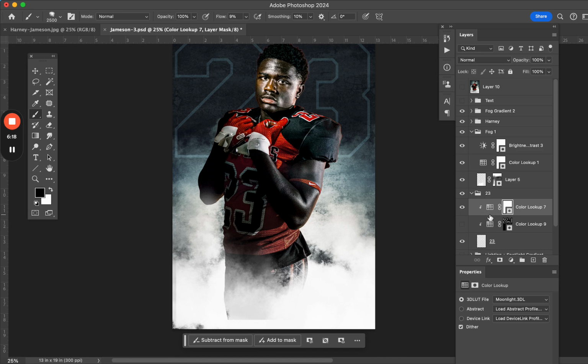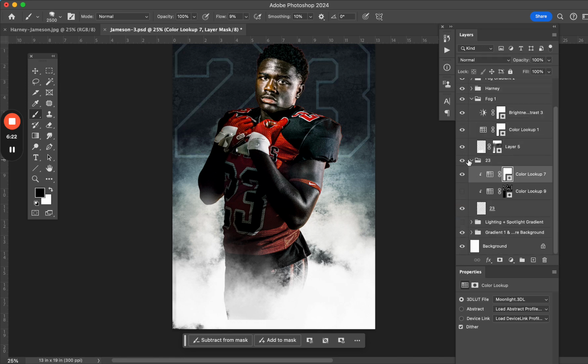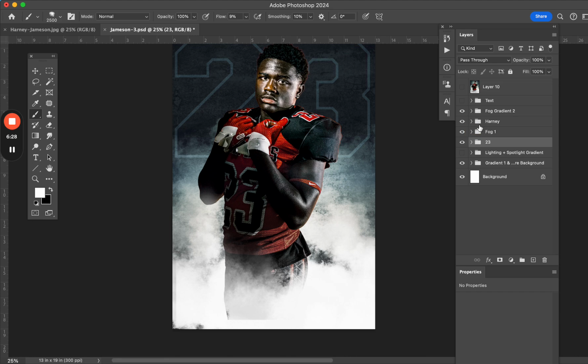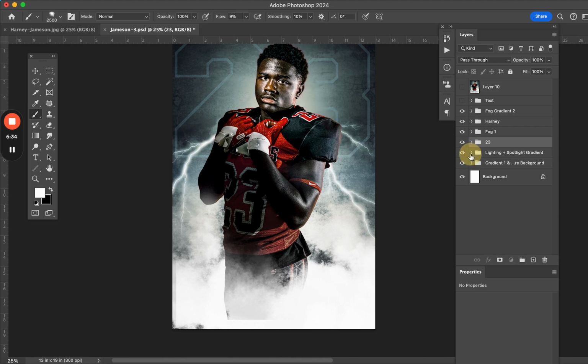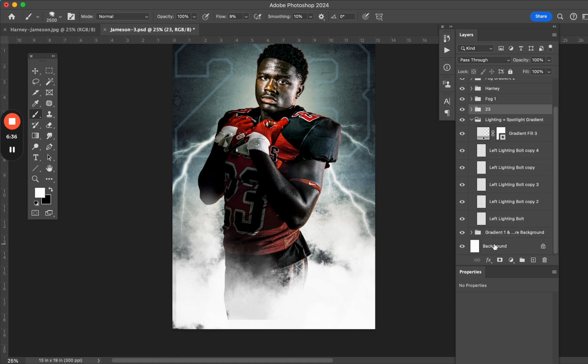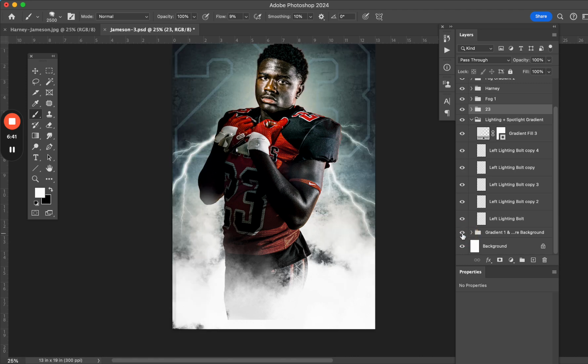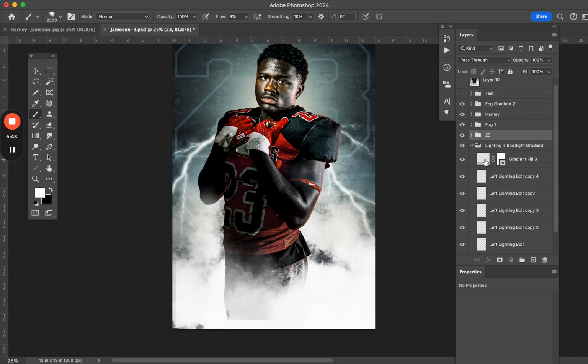Okay, so that's great. So that's for his jersey number. And again, it's behind him because it's below his layer. Anything below Jameson is going to be behind him. So then I added some lightning, and I have a gradient. This is, oh, I already showed you that. And my gradient,